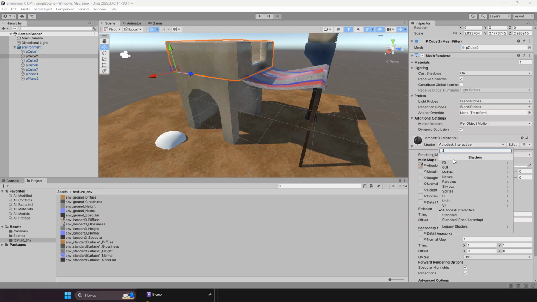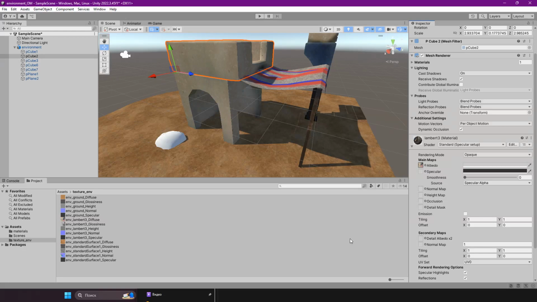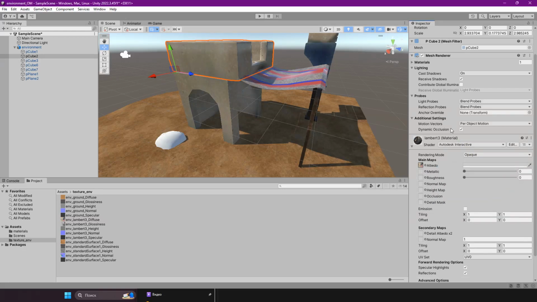I think we can switch to the standard material and specular setup because we have some glossiness and we have some specular settings. Or maybe we can switch better for the Autodesk Interactive. Okay, I'm going to use Autodesk Interactive finally, and let's assign our texture maps according to these settings. For example, glossiness to the roughness, height to the height map,